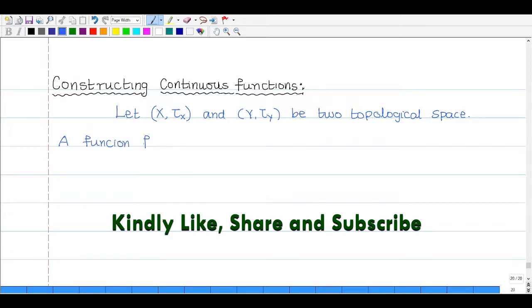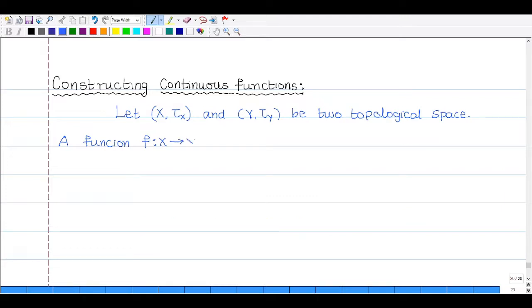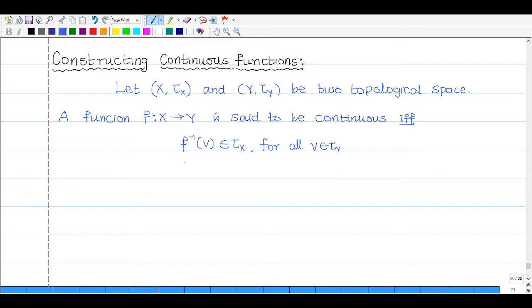A function f from X to Y is said to be continuous if and only if f inverse of V belongs to tau X for all V belongs to tau Y. இப்படி இருந்தால் then we say that f is continuous. அதாவது என்ன அர்த்தம் அப்படினா, that is f from X to Y is continuous